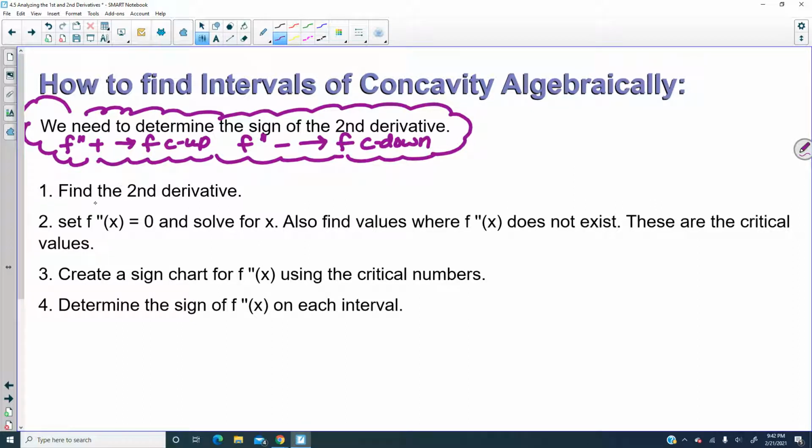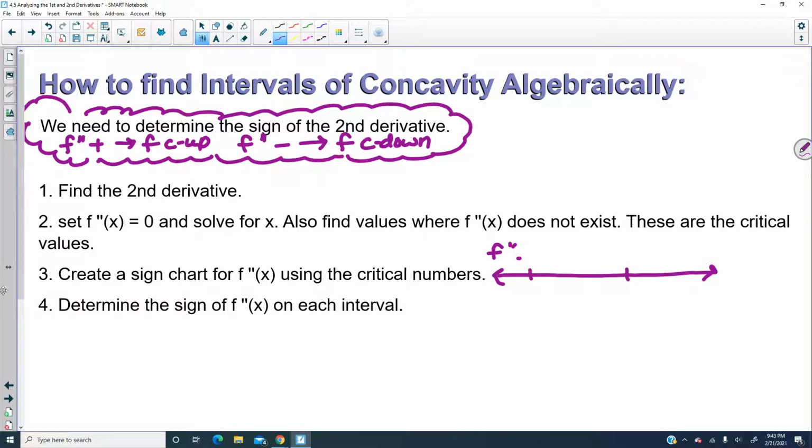So the first thing you need to do is find the second derivative. Then we're going to set it equal to 0 and solve for x, or find any other values where it doesn't exist. And these are our critical values. You can create a sign chart for f double prime. That sign chart is where you put those critical numbers on the sign chart, and then you test some intervals, and then you'll determine the sign of f double prime